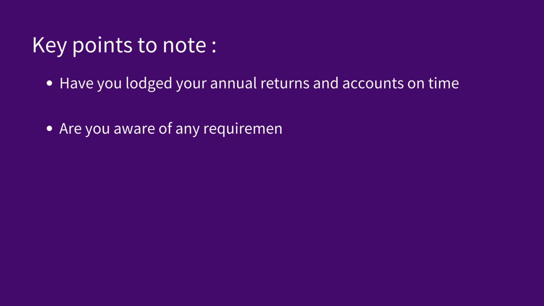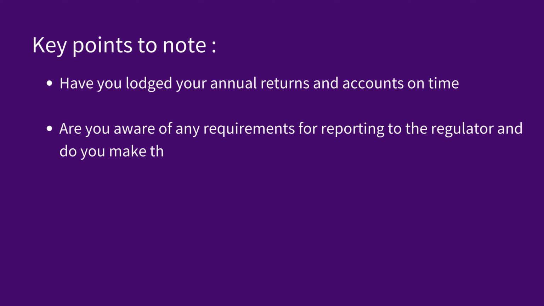And are you aware of any requirements for reporting that you have to do to the regulator? And do you make those reports on time where you're required? So they're the types of things you would take into consideration when looking at that particular indicator and self-assessing against